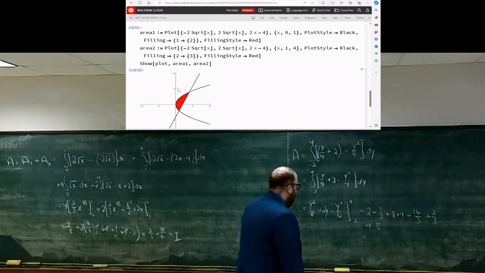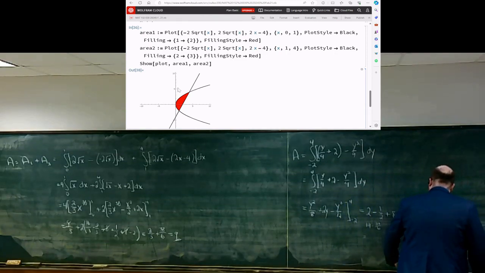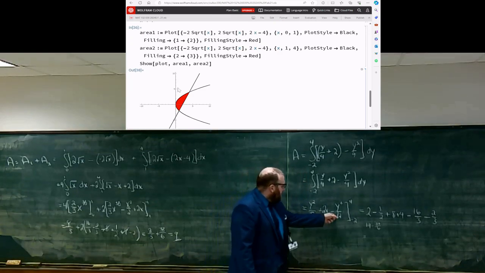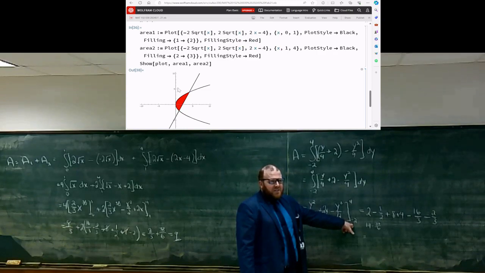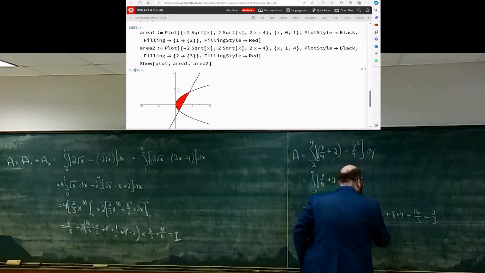Oh dear. What did I do wrong? This is what I did wrong. It should be minus. Minus minus is plus, and then negative 2 cubed is negative. So that should be minus 2/3. So that should be